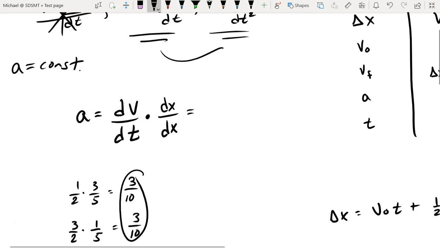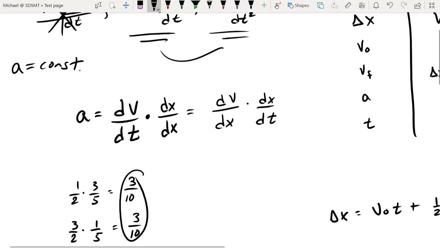You can't change both the numerator and the denominator, otherwise you haven't changed anything. What we have to do is just pick, do we want to switch the numerators or the denominators? And it really doesn't matter. I'm just going to flip a coin, and I will flip the denominators around. So we will have dv over dx, dx over dt. And the multiplication of those fractions is still going to result in the same outcome. So we haven't changed anything,